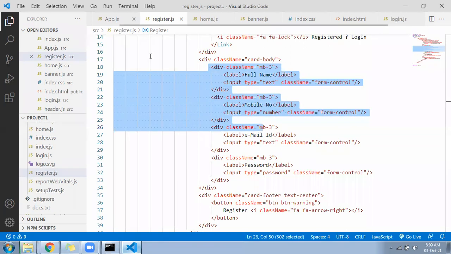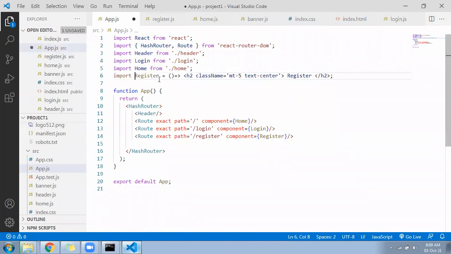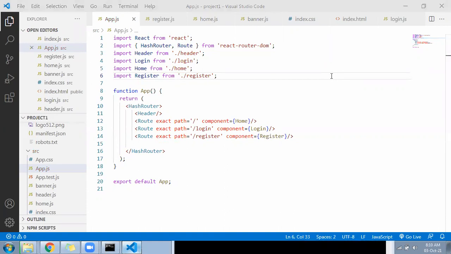Then come to your app.js file. Again, import here. Import register from register. Header login home register.